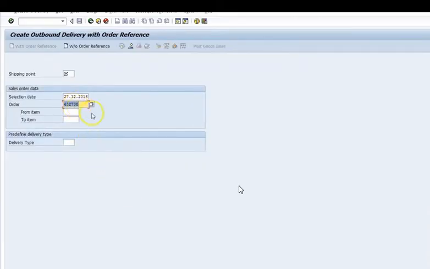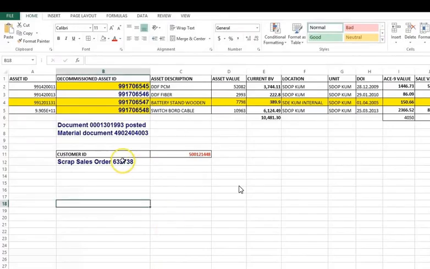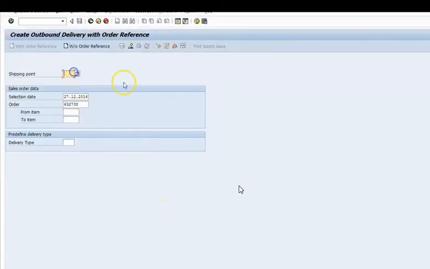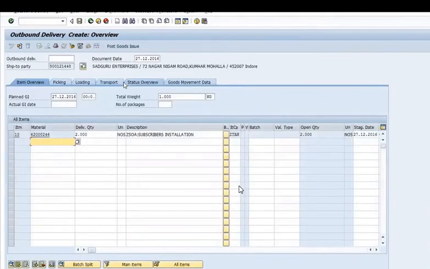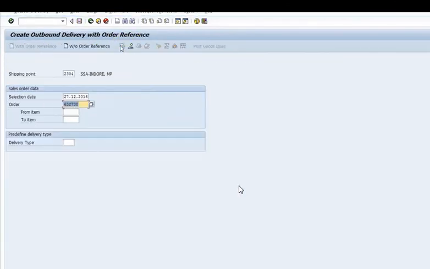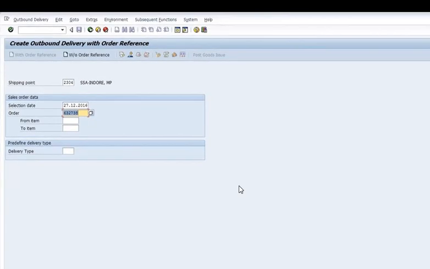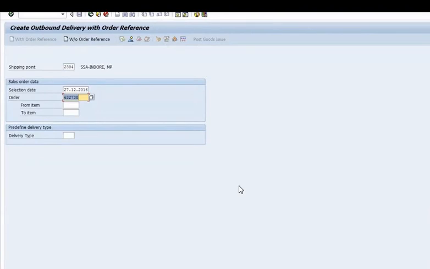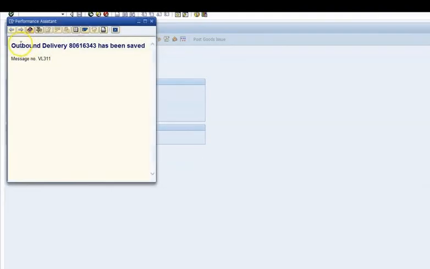In order 632738, the scrap sale order is showing, which I have recently created, and the shipping point is 2304. All the details have been fetched. You click on post goods issue. Once you post goods issue, an OBD number is created in the background. You just need to note it down.